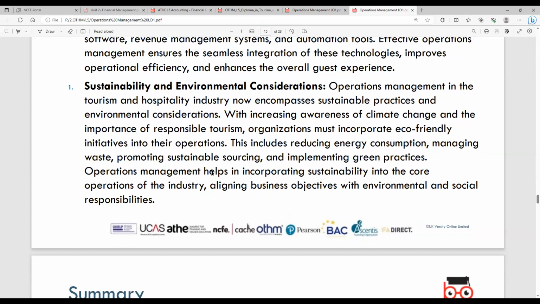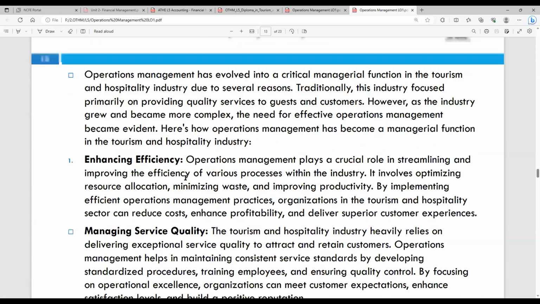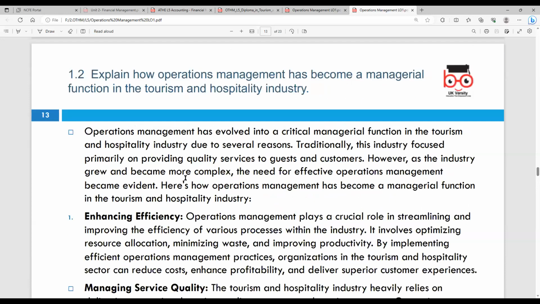So we want to make sure that there are policies developed to sustain. Okay, so these are meeting the sustainability objectives in the organizations. So it has evolved. So 1.2 looks at how operations management has become a